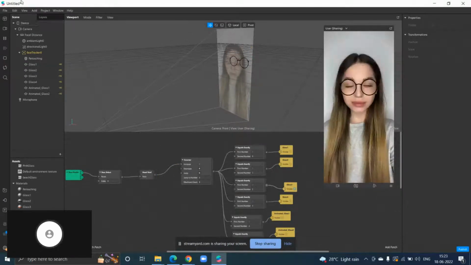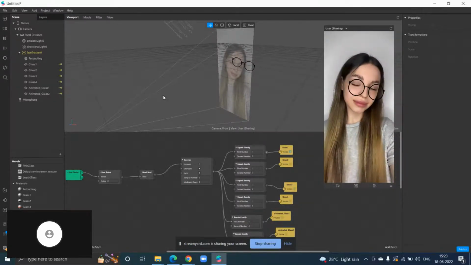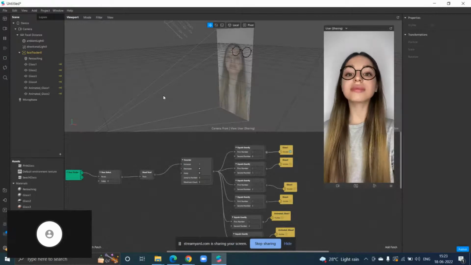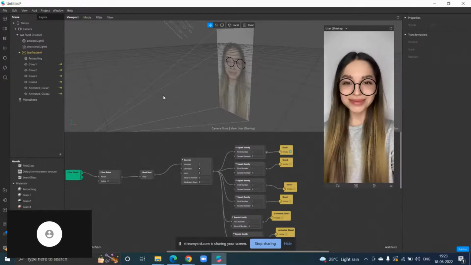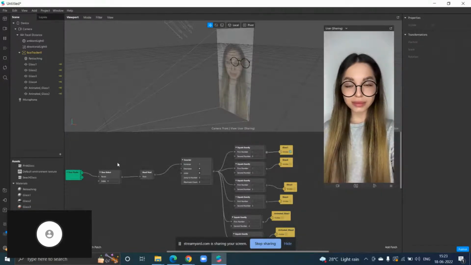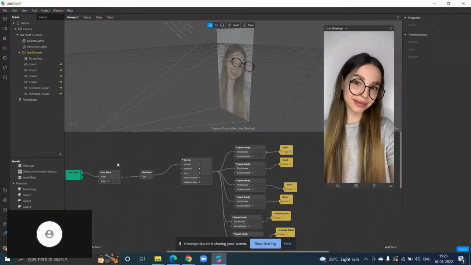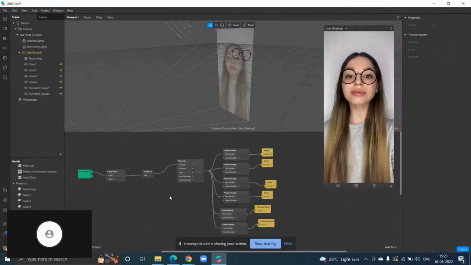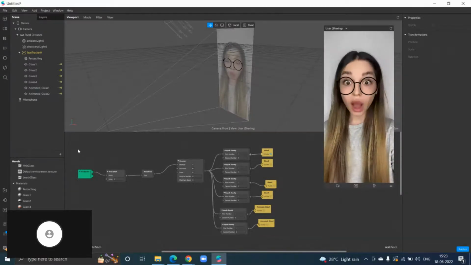Now one more thing guys, you have to take care of is whatever logic you are adding on this patch editor, make sure it is commented. Because for example, if I'm showing my logic to one of my friends, so many logics have been created, now he'll be wondering what this logic is for. As we write comments in code, we have this section over here. You can just select everything,